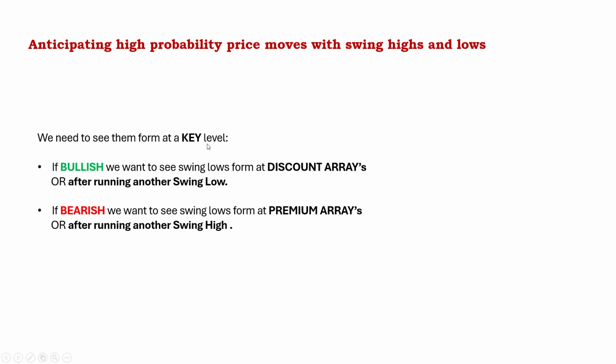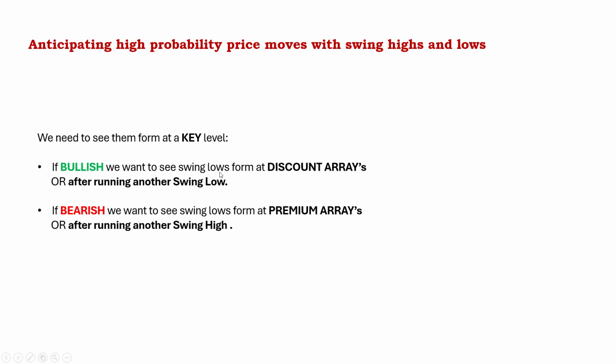Okay, because see, market always moves up and down. Okay, but we can't trade everything, right. We can't trade every candle basically, right. We have to understand which level market can hold, which level market forms swing low, so we can still look for the continuation to the upside, which level market forms swing high, so we can look for continuation to the downside, right. So for example, if you're looking for the bullish setup,